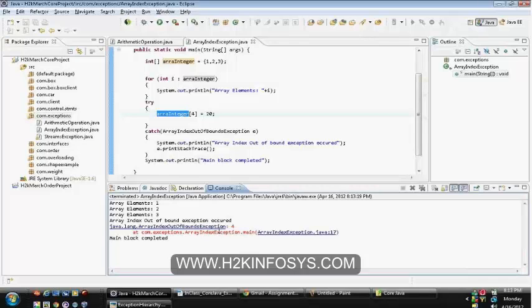Run as has several options. Click on run configurations. In run configurations, choose your file. By default, it will select the same file, multiple cache blocks. And here you can see that there is a tab called arguments. Normally, to send the parameters, we would run Java, multiple cache blocks, and send the parameters as